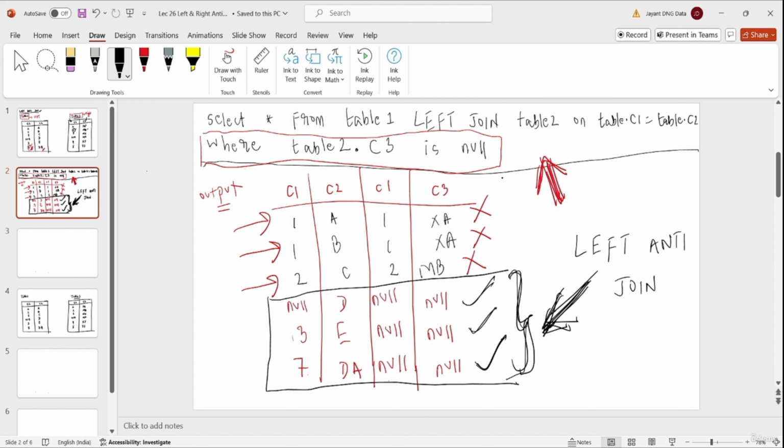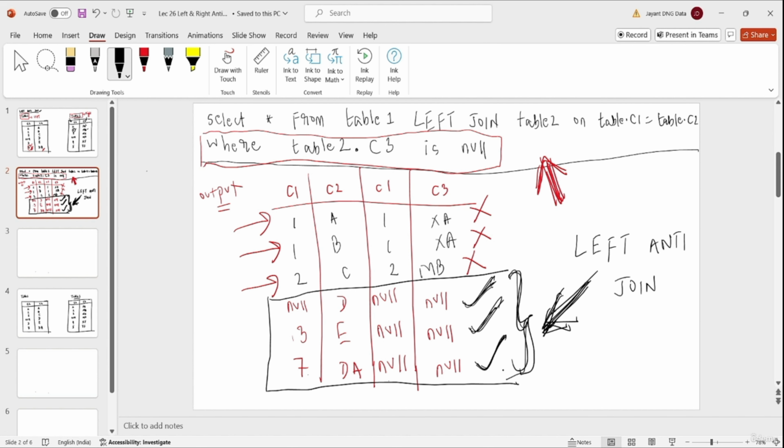So that's why we have written it in this way. And you can always find these types of questions in interviews, and certainly these types of questions can be asked. So we will not see the first 3 records that I have cancelled here, but the one with this check will be there in the output. And in the upcoming session, we will discuss this left anti-join in SQL Server.